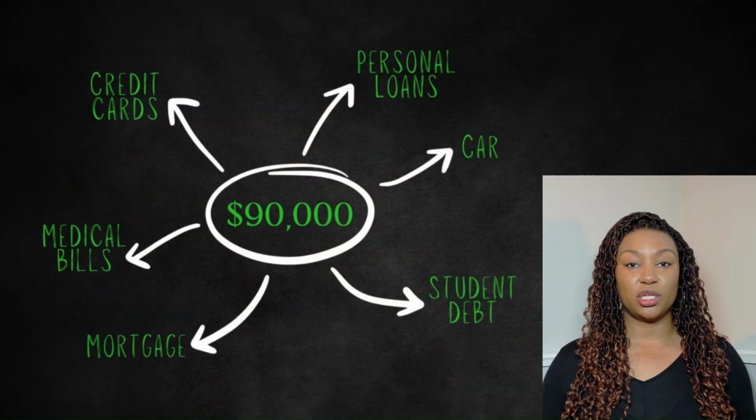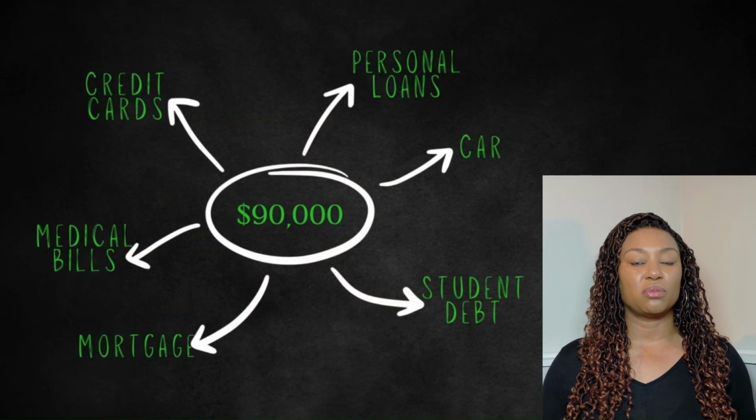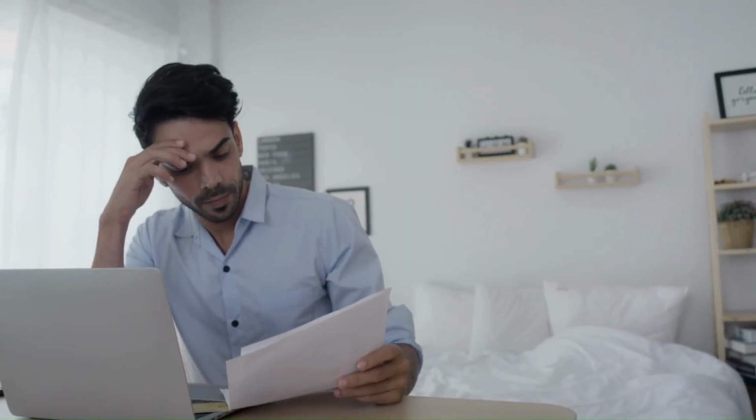$90,000. That's the average consumer debt balance in America for all loan types, including credit cards, personal loans, mortgages, and student debt. That's a big number. And if you're one of many Americans starting at a balance that feels impossible to pay off while struggling to figure out a debt payoff plan, then this video on the debt snowball method versus the debt avalanche method is